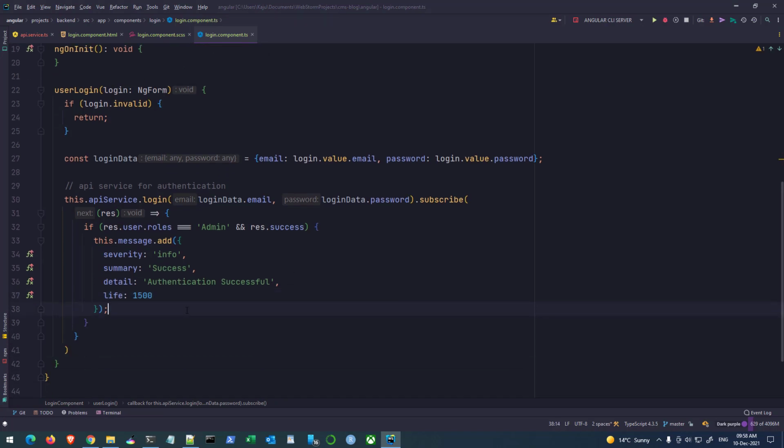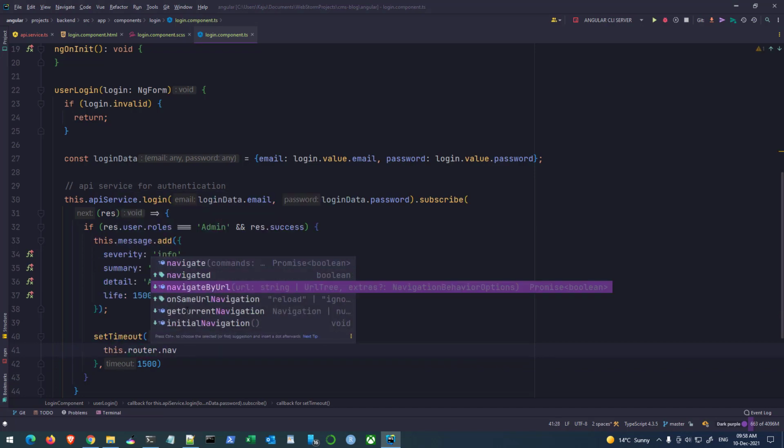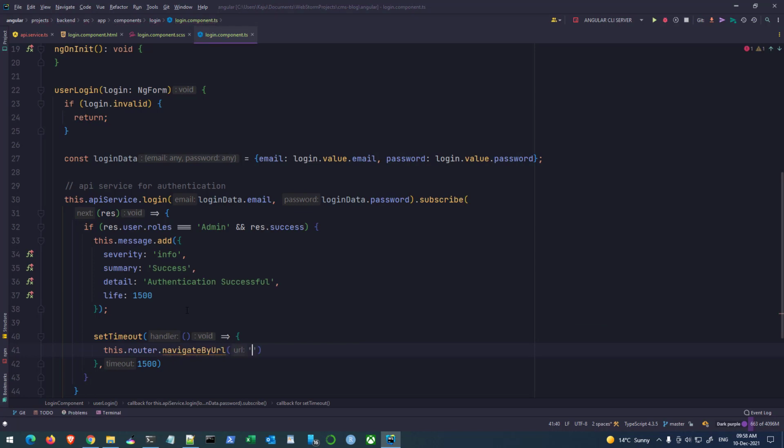And then once this is done, I'll use a set timeout to send the user to the front end after 1500 milliseconds. So this dot router dot navigateByUrl, simply send it to the default route. That's my home route. Okay. Else, if that's not the case,